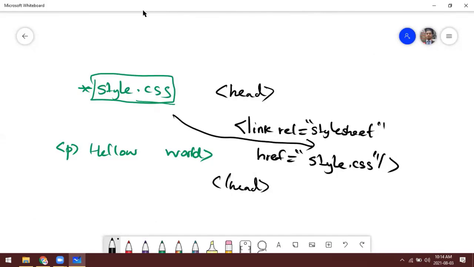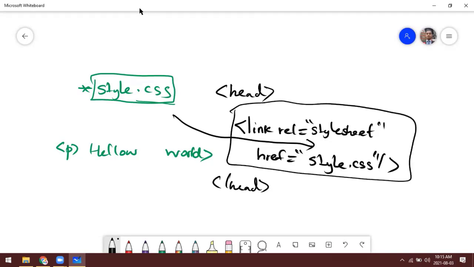In a templating approach, this linking of an external style sheet is very useful, and it is the standard way, because if you want to change any of the style for all the pages, you can simply change your style sheet, then it will apply to all the pages, right? All the pages.